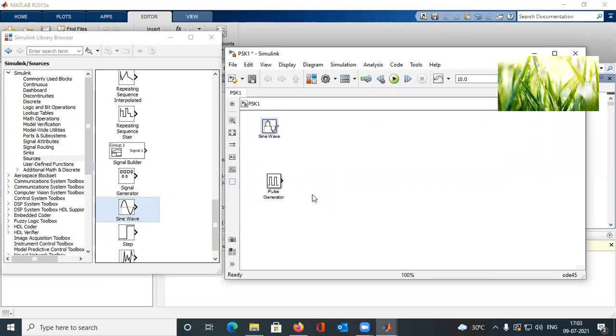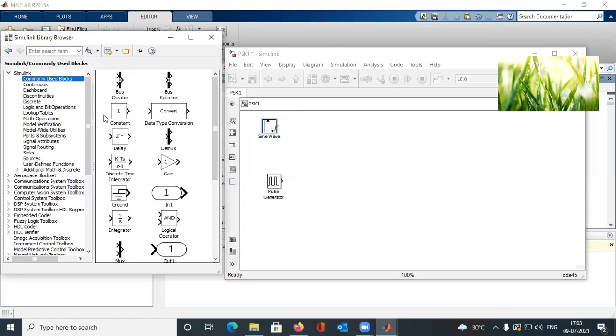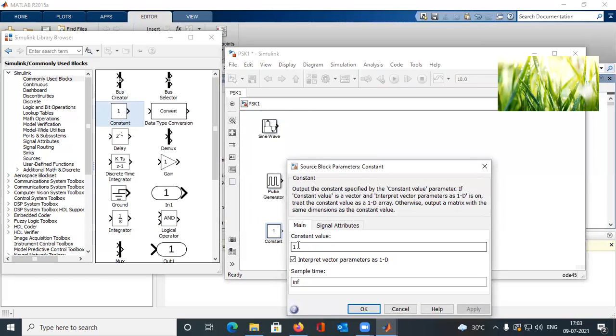So for the negative half, or this phase shift of 180 degrees, we need to multiply this sinusoidal wave with a constant of -1. So for that purpose, we need one constant. We will get this from commonly used blocks, just drag and drop, and change this constant parameter to -1.